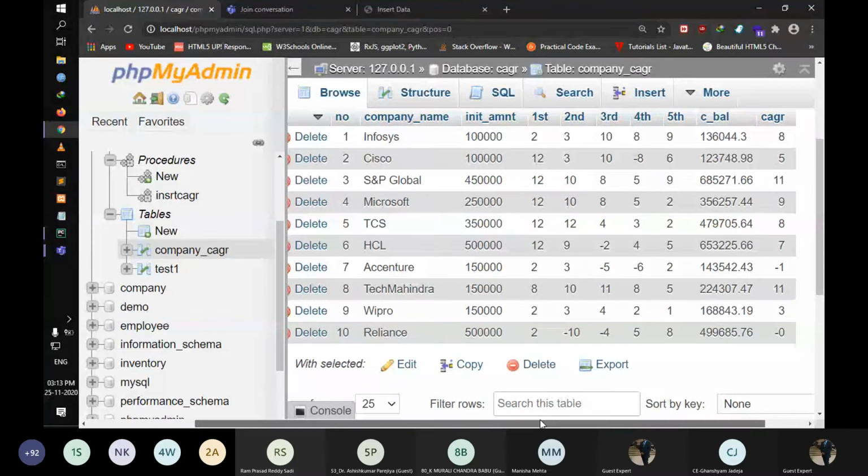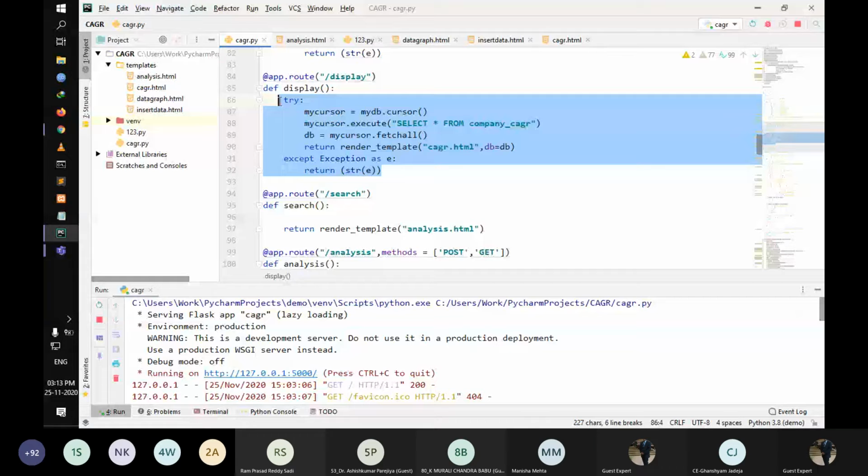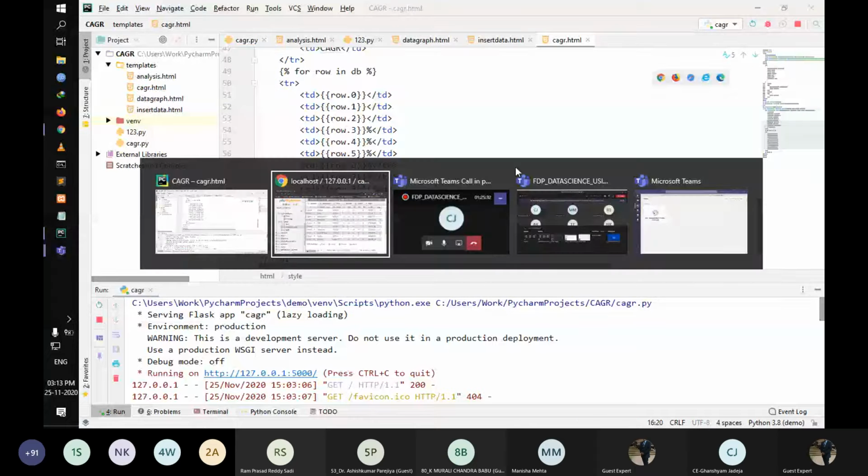the data goes directly into this table, and then from here we are fetching all the data in another route, select star from company CAGR, and that route is going here. One important thing here,